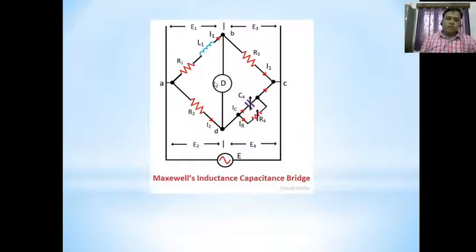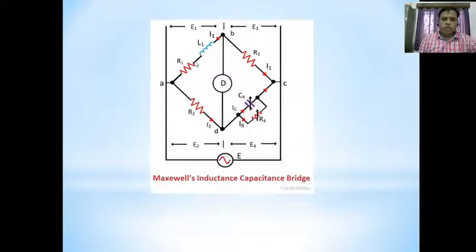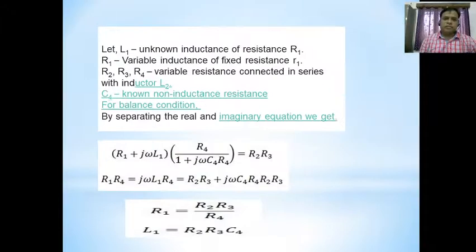Depending upon the type of null detector we have, we will apply any of them here. The voltages E1, E2, E3, E4 are respectively the voltages placed at the arms AB, BC, CD and DA. If you want to find a particular value, you have to write the balance equations for this. First of all, let us start like this.